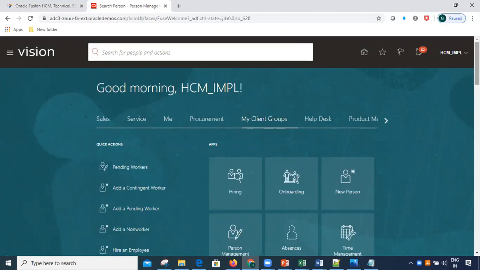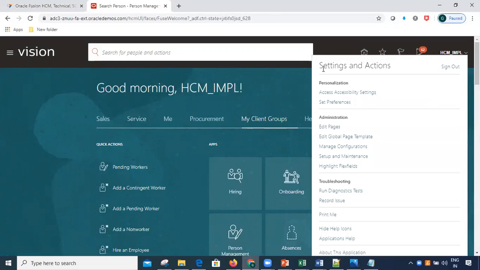And then here we will have the user settings and actions respective to your user. If we click on this, we will call this section settings and actions. What we can perform in these settings and actions is personalization respective to your user account.